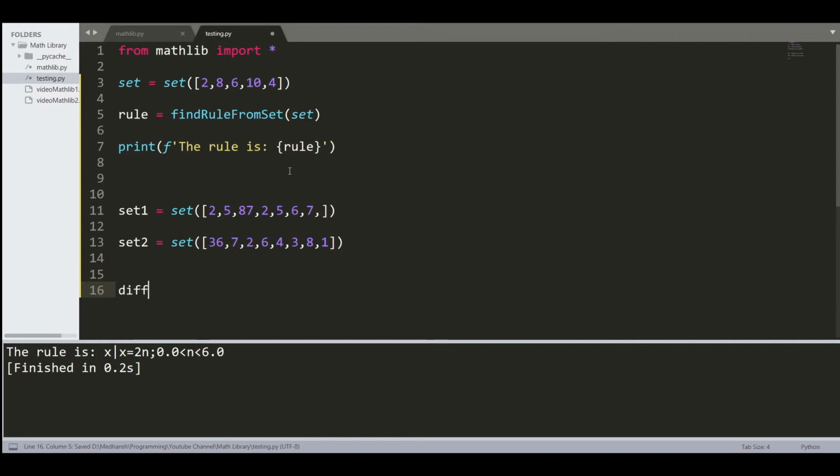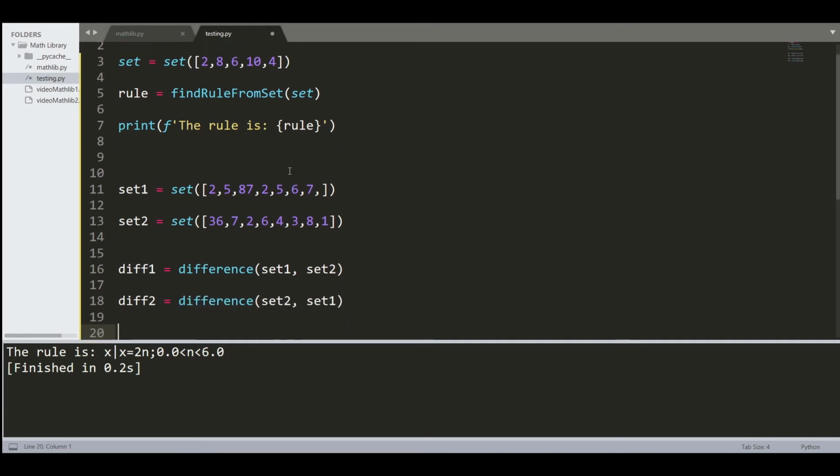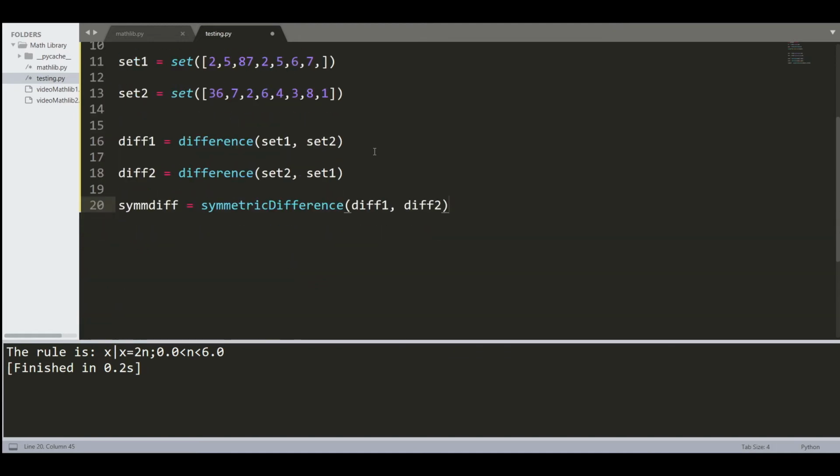Now, difference of these two sets, first difference will be like this. The second one will be reversed, and it will be symmetric difference of set 1 and set 2. That is how it will be. Now if we print